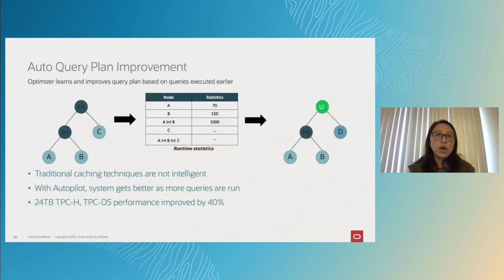The next one is auto query plan improvement. With this feature, we collect statistics of the queries that are run in HeatWave. And if there's a query that has a similar construct, in this case on the slide here, you can see that on the bottom there's a table A join table B, and on the right hand side this query also has column table A join table B,